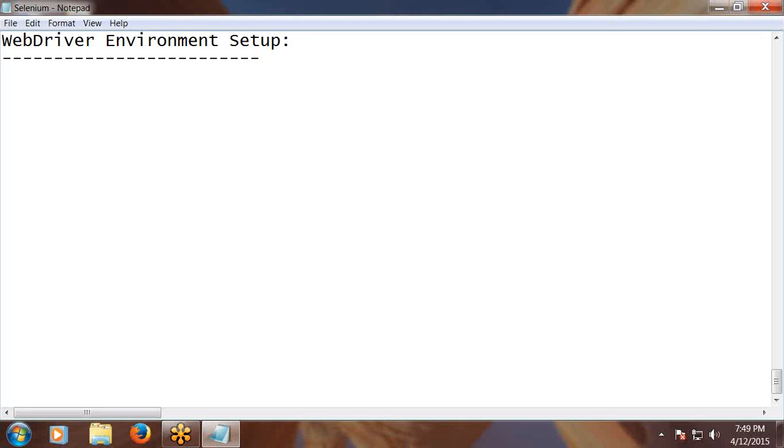It doesn't automate desktop applications. Already we discussed that concept. It is only for web application automation. See, if you want to automate a web application using WebDriver, then what are the things required? First one,